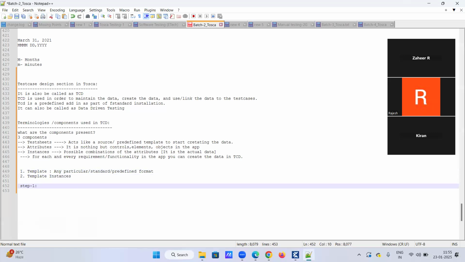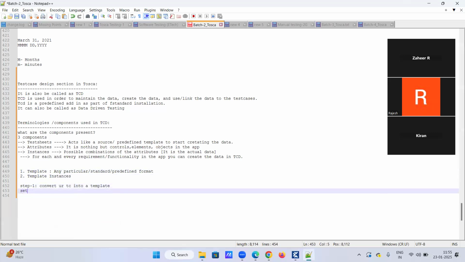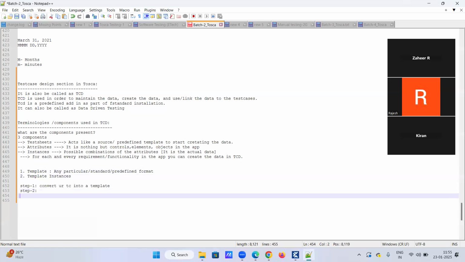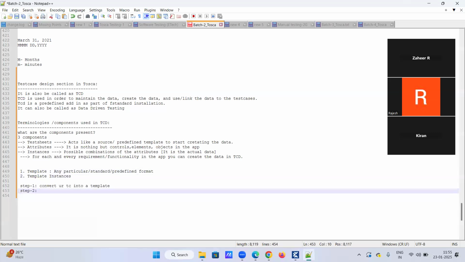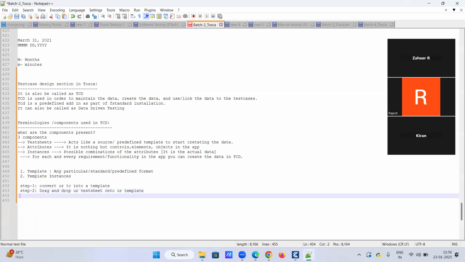Step one, convert your test case into a template. Step two, drag and drop your test sheet onto your template. Okay. So, as I told you, if you want to generate these instances into test case, so